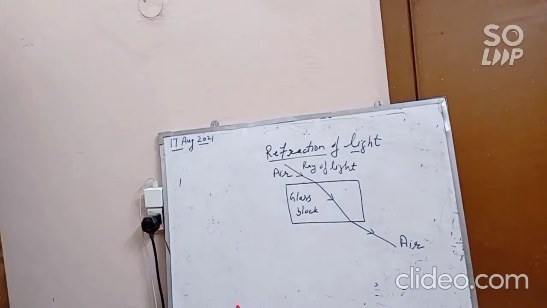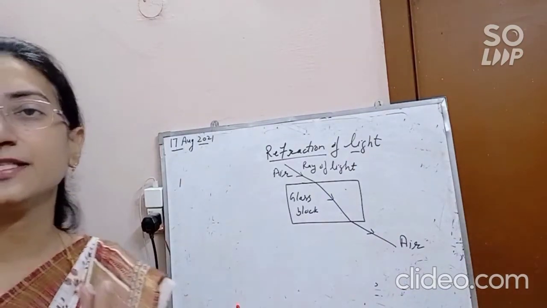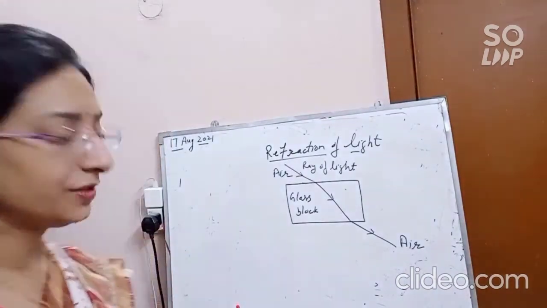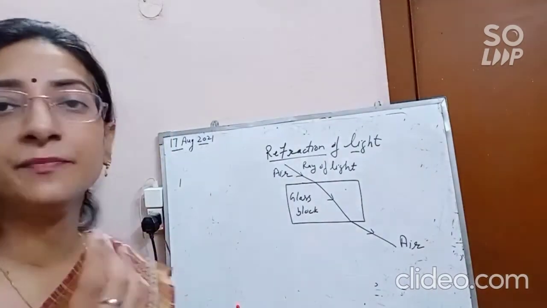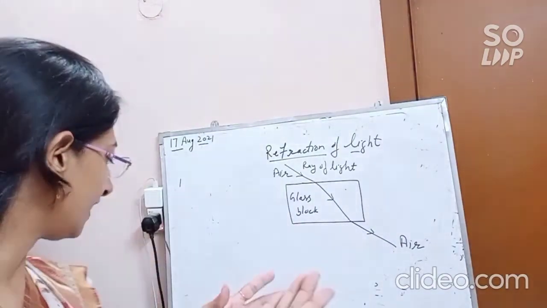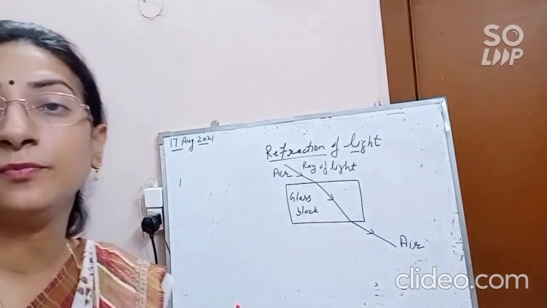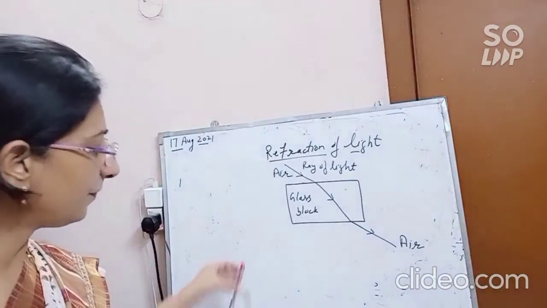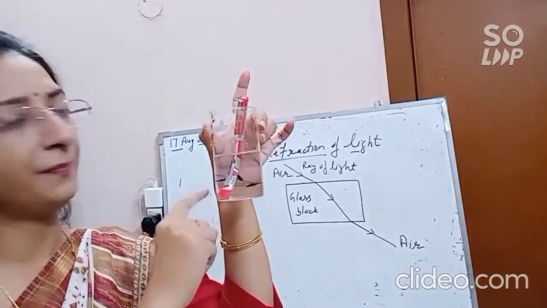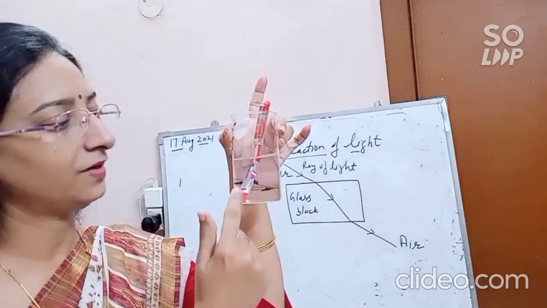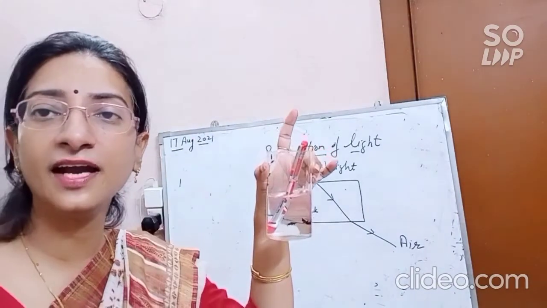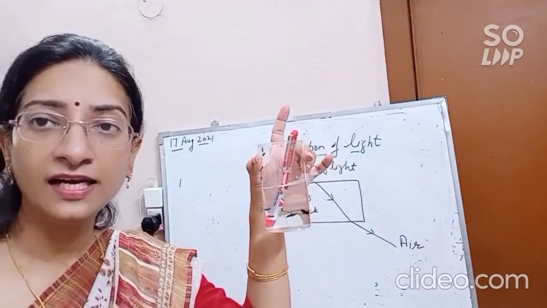In these cases, and there are many more, it is already given in your book also. I will explain the activities, that is 10.7, 10.8 and 10.9. This is a simple glass activity. This is clear to you, how this pen is bent from water to air, right? The phenomenon behind this is refraction of light only.